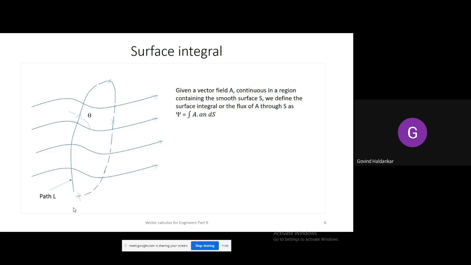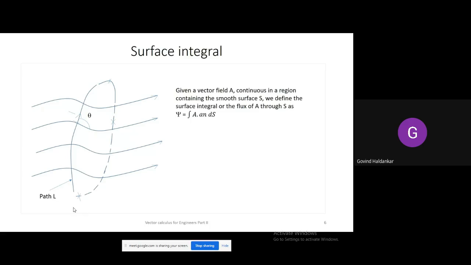So what is an? An is the normal to the surface, and what is ds? ds is a small component because S is a plane. In that plane, a small infinitesimal component. So we are considering an infinitesimal component in the case of line integral, surface integral, and volume integral also. It is a small surface we are considering, and an is a normal to that surface, that is ds. In the case of line integral, we define dl. Now in the case of surface integral, we define ds, and an is a normal to that path.